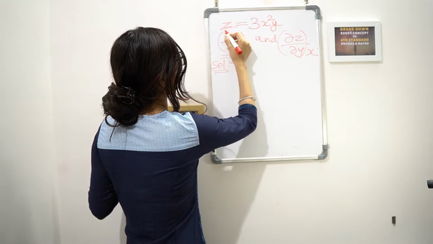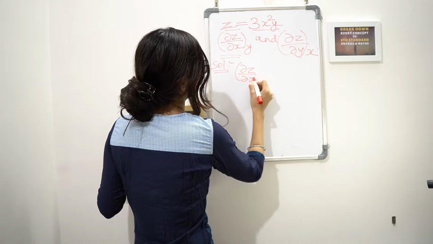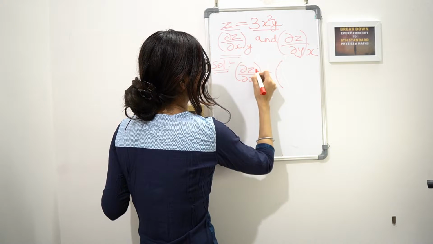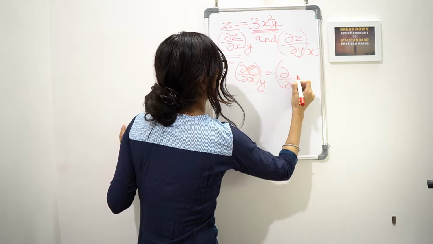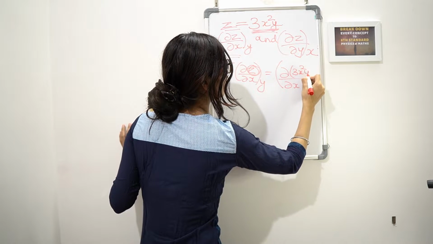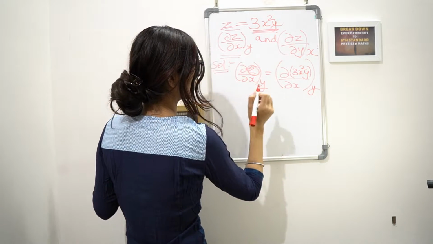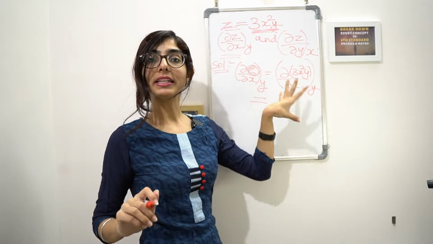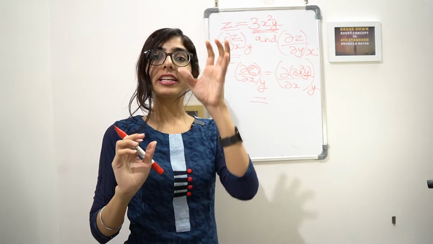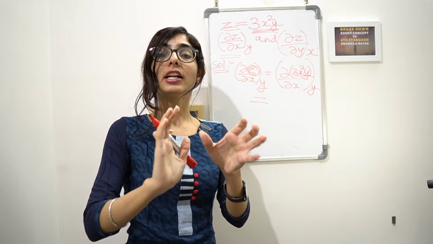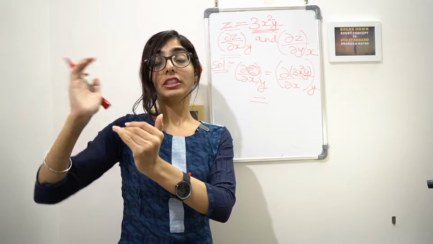So z is 3x square y. Fine. So let's differentiate it with respect to x. So I'm writing it like this. Instead of z, I'll be putting this value, guys. So let's write it del by del x, and here 3x square y, and same as it is, keeping y constant. Fine. So that would be equal to what? So guys, what happens in complete differentiation when two variables are there? We apply that formula where one we keep constant and the other gets differentiated, plus we keep the other thing constant and we differentiate the first thing.